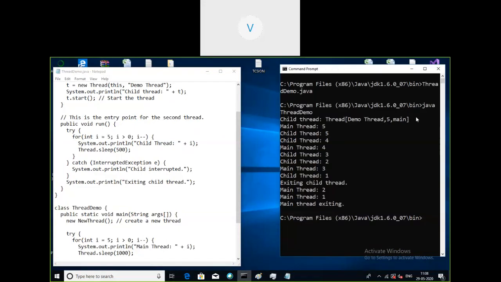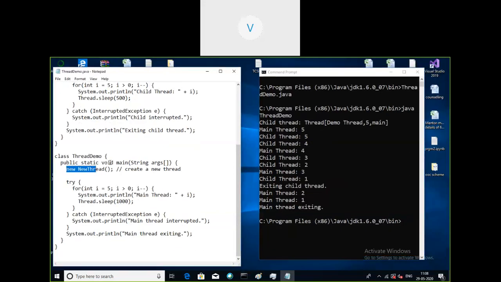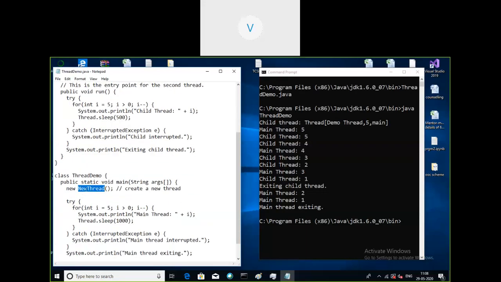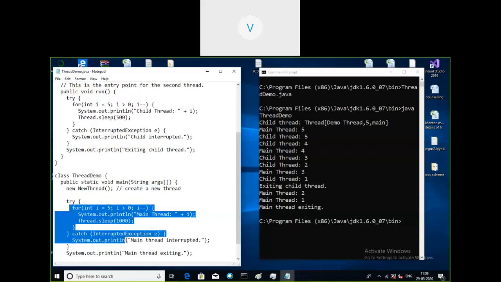Once we have the output, now you concentrate for better understanding. Execution will always start from the main thread. So the main thread will always start, and then we are going to call the constructor. Control will get transferred to here and we will create the child thread. First we create the main thread, then call the child thread. This is the execution of the child thread, then the parent thread, main thread. Child and main both will be executing parallelly.